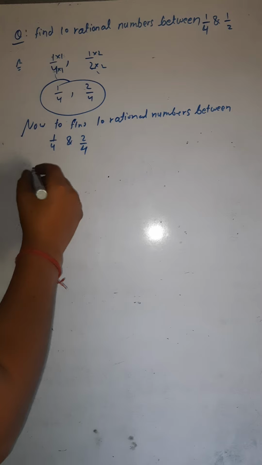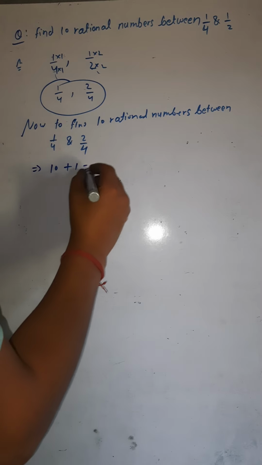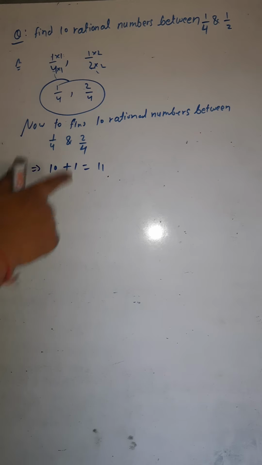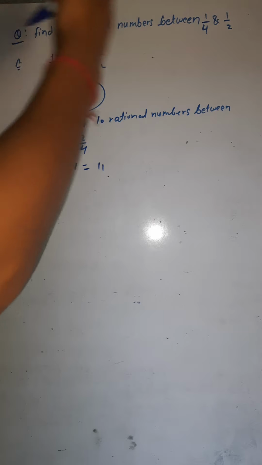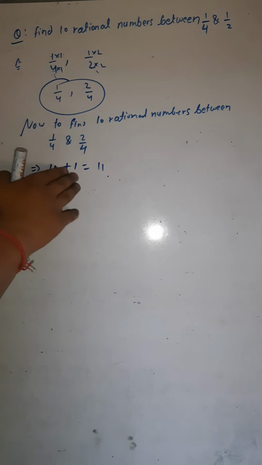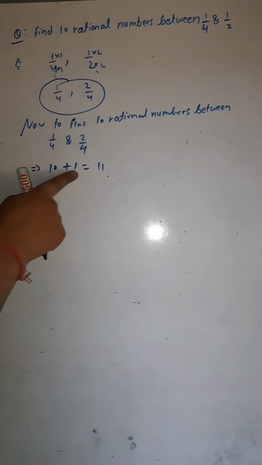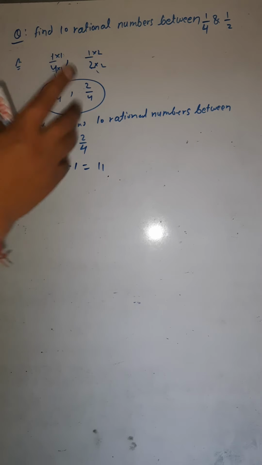So in here you have to find out 10 rational numbers, it means you would be adding 1. So it implies 10 plus 1 is equals to 11. Suppose you had to find out 11 rational numbers, then you would have added 11 plus 1 would be 12 at that time. Are you getting this? So here means how many rational numbers you have to find out? You have to add there 1. So in this case you have to find out 10 rational numbers, so you would be adding here 1, so it means 11. So what to do now?